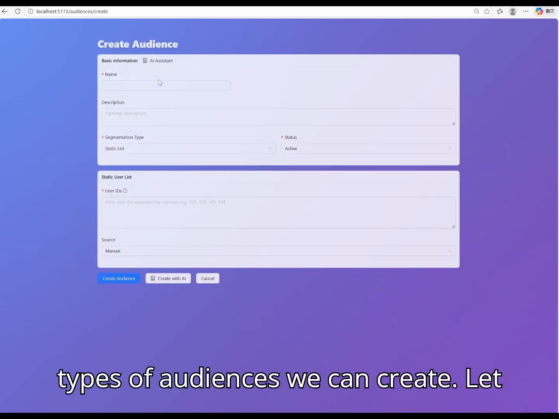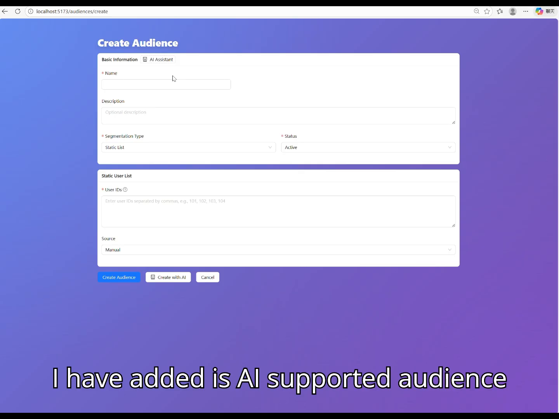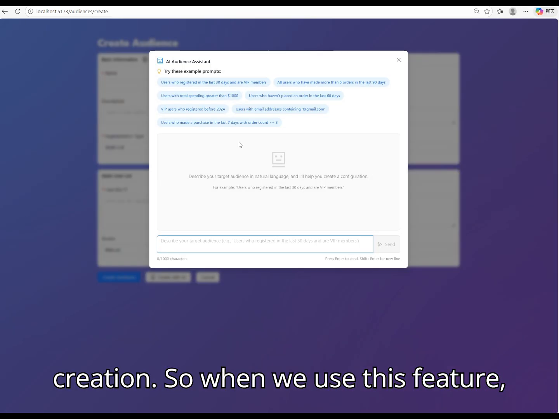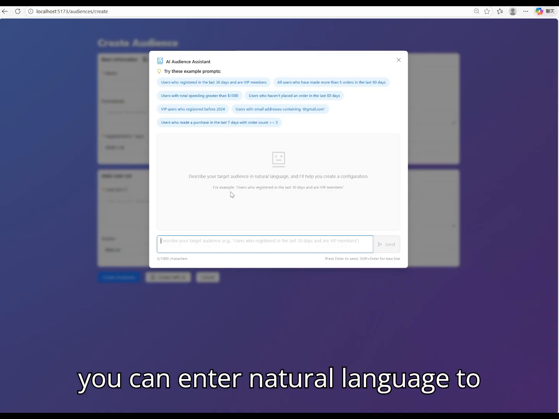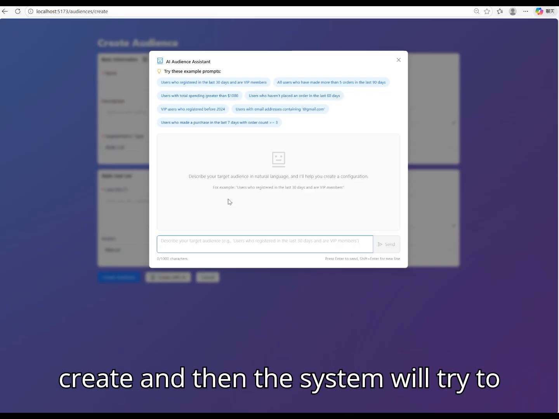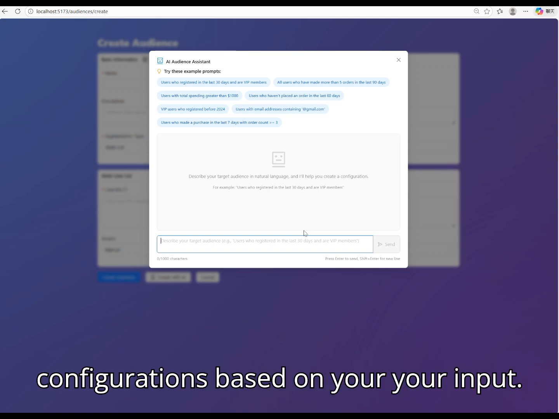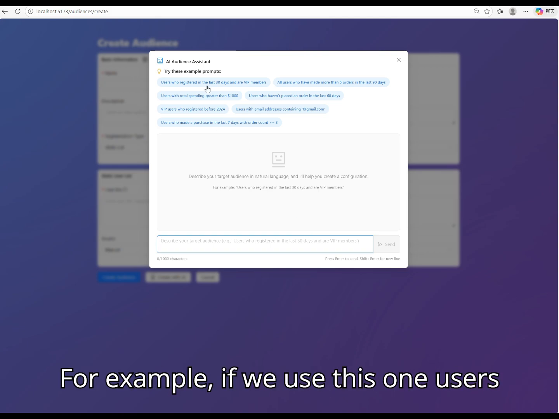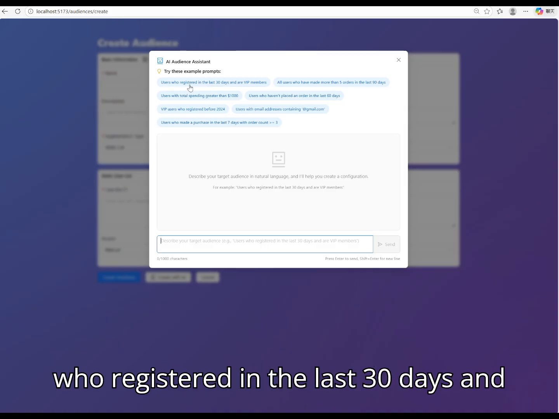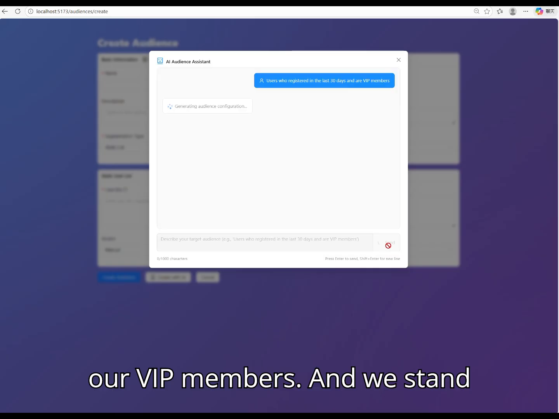Let me show you another capability that I have added, which is AI-supported audience creation. When we use this feature, you can enter natural language to describe the audience that you want to create, and then the system will try to interpret your meaning and return the configurations based on your input. For example, if we use this one, users who registered in the last 30 days and are VIP members, and we send it to the system,